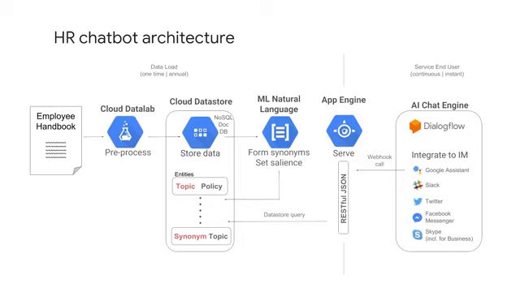To that end, we will use a different example and create a brand new HR chatbot that can answer human resources related questions. In the architecture, you can see how various Google Cloud products come together to productionize your conversational agent. For example, App Engine will host the front-end UI and the webhook code, and Cloud Data Store serves as the backend, where the knowledge base is stored and provides answers to user queries by responding to the webhook calls. So let's go through this architecture step by step, starting with building the knowledge base in Cloud Data Store.